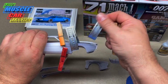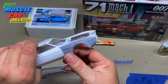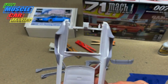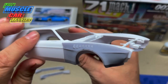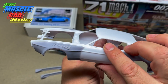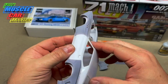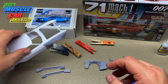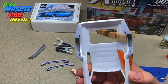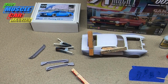All right, gave it a little bit of time to harden, so let's see where we're at now. Well, it's pretty on there. Yeah, let's get this other side on. All right, got that one clamped, kind of glued. But the last thing I want to check into,